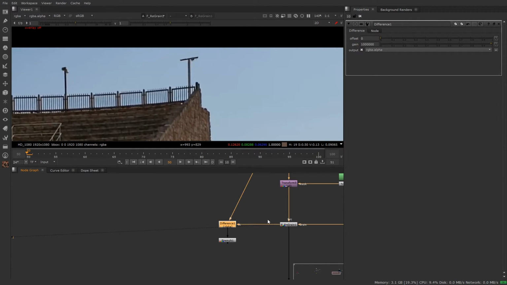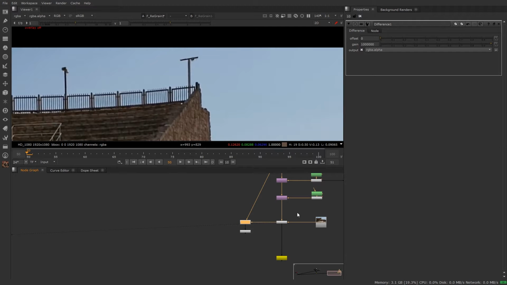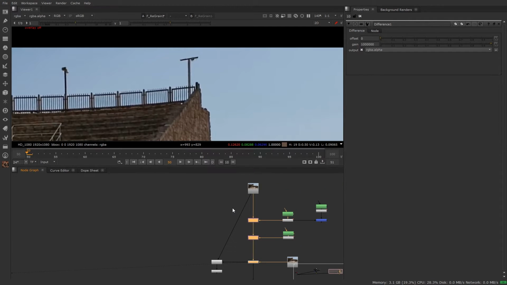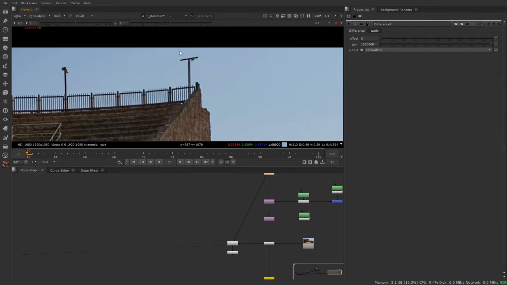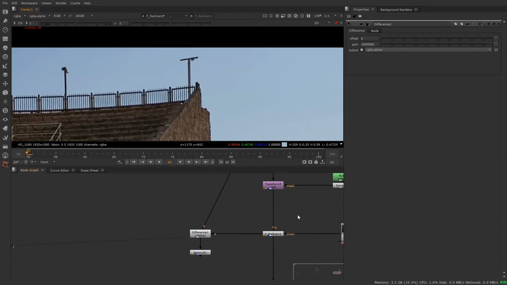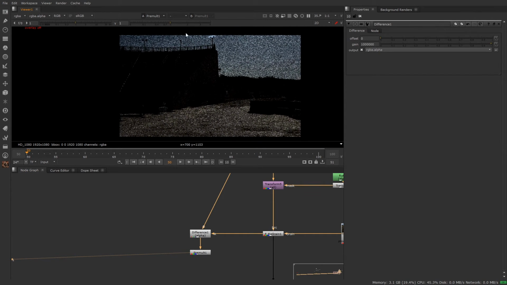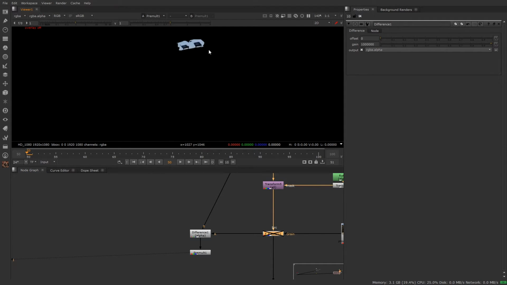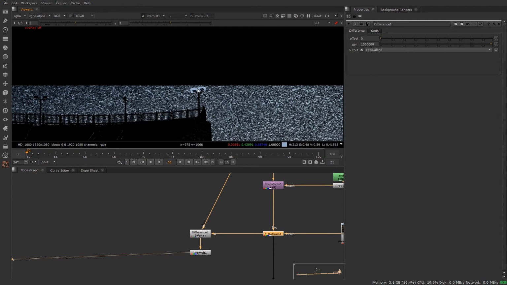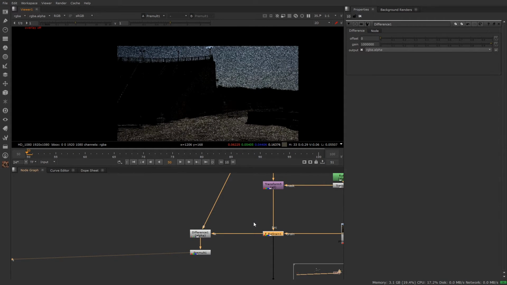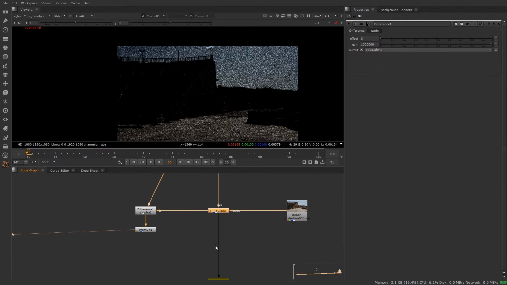The difference node will basically show the difference between the work I did and the input plate. I have only removed this light over here, but FreGrain is applying all over the place. How do I know? If I press 1 over here, you can see the grains are affecting all over the place. If I disable this FreGrain, you can see the difference is only this much, but applying the grain, it's affecting all over the place. So in this kind of scenario, we use the Keymix node to limit our prep area.